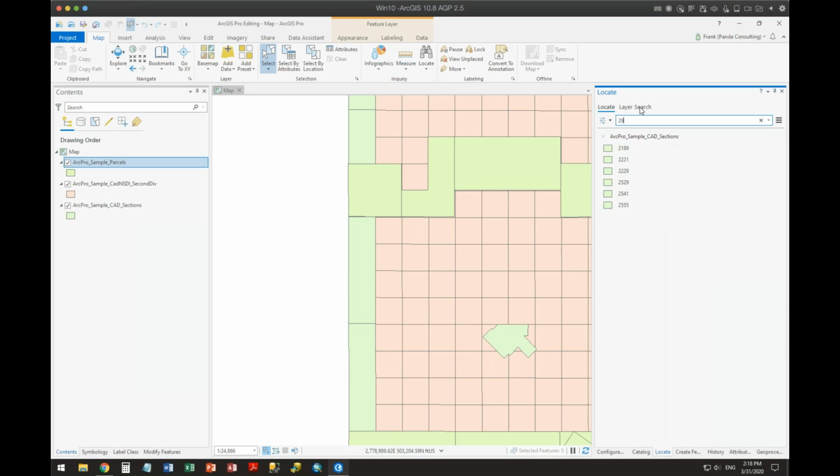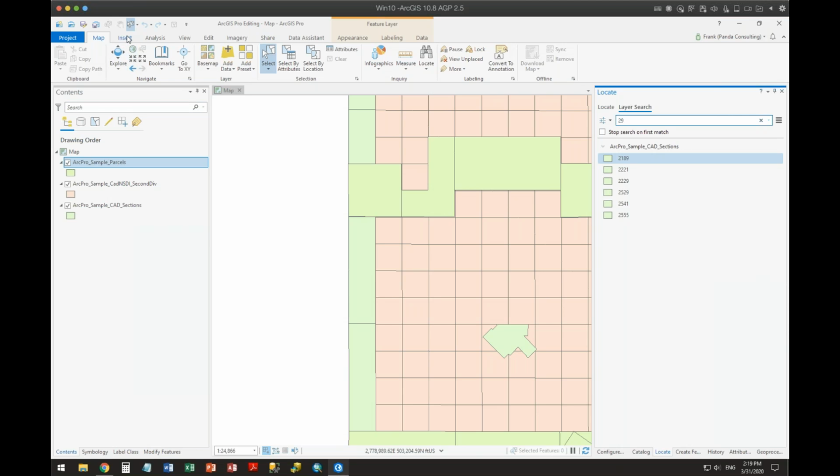A really nice improvement, your ability to go in and locate, and you can tell it to just stop on the first one or go all the way through and search through them. So you can now customize the locate command, which used to be the find command, and it works exactly as it did before. You can zoom, you can pan, you can show the details, you can add it to your selection. This is a nice improvement. These are just labeling, label management and such on here. So this was all on the map tab for you.